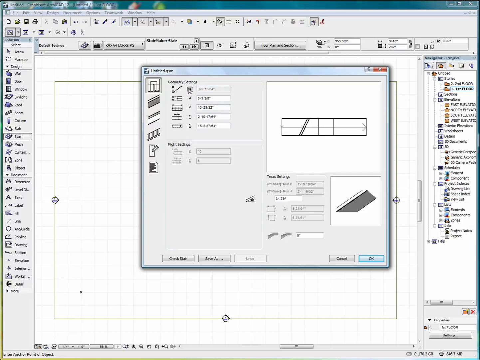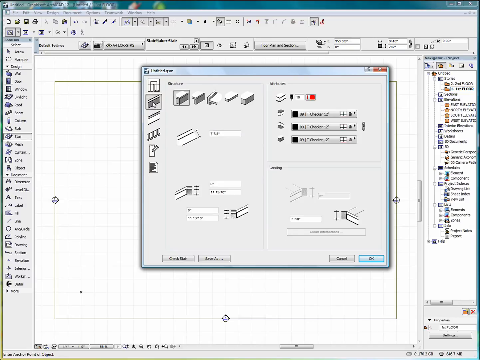We can lock that height using this little box right here. We can adjust the length. We can adjust the intermediate landing length. And we can adjust the length of the walking line. Here we can select the structure and the landing settings. And you see the various different structure types here. If we select this one here, click OK,